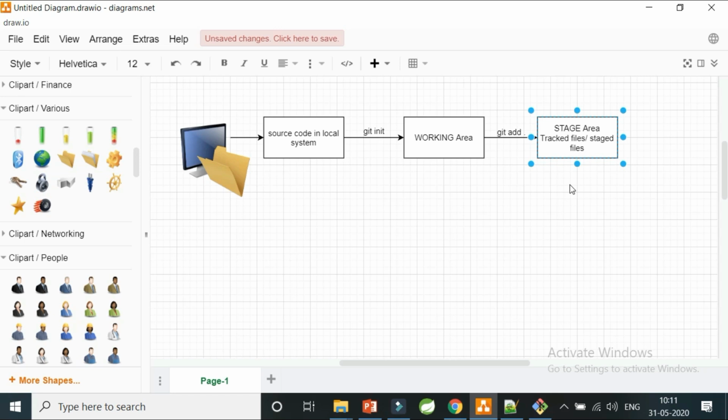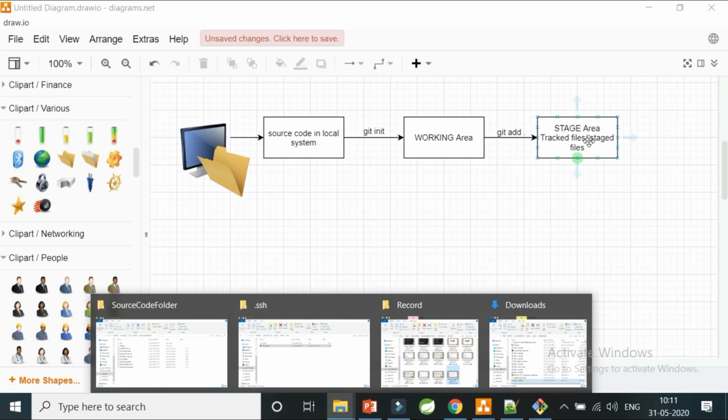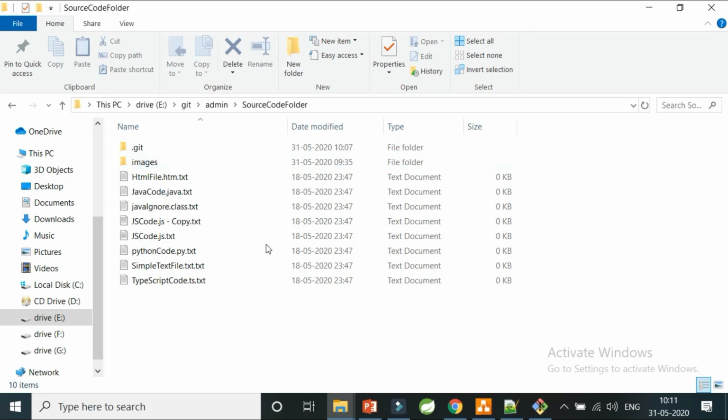Okay, so remember this very importantly, that once you have code here, this doesn't matter anything. Git does not even understand it. So this code is nothing but file system code. With the git init command, you make sure that your simple file system becomes your working area for Git. That is, you have initialized it with Git initialization. Now with git add and dot after it, it will make sure that all the files in the working area become your staged files or tracked files, and that area becomes your staged area.